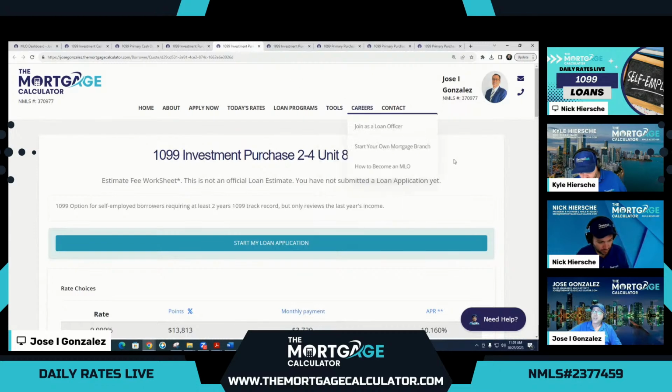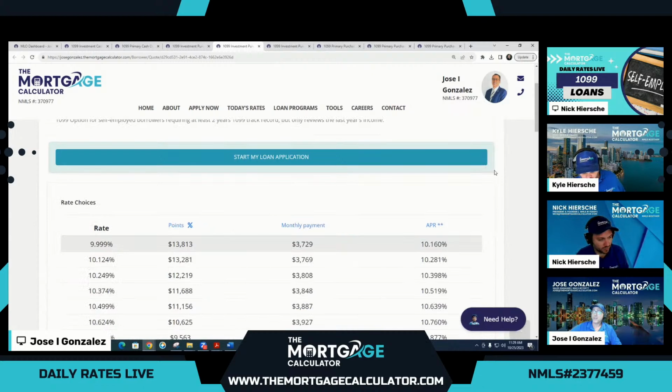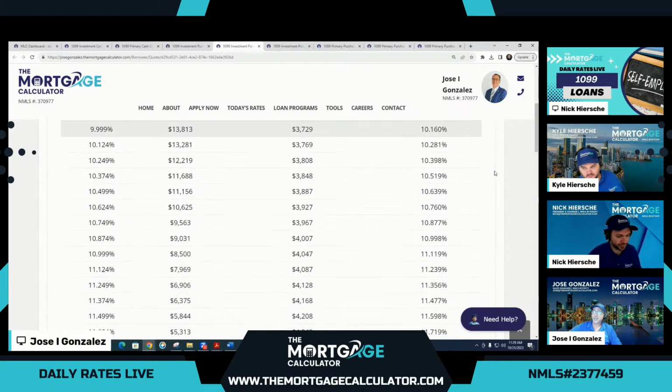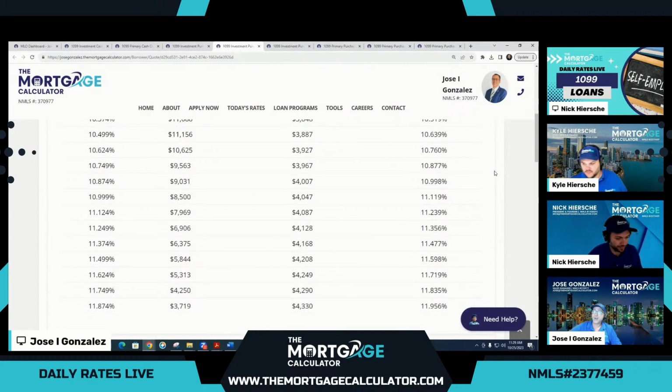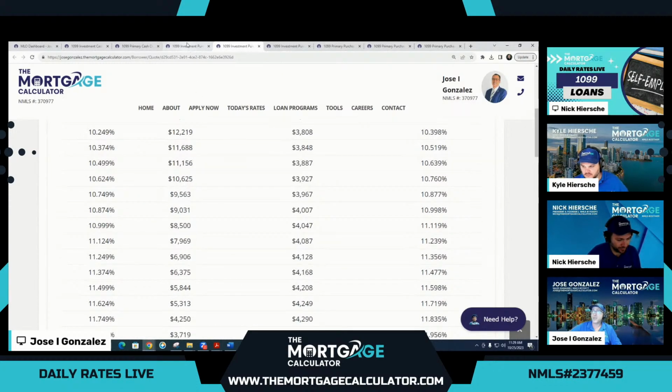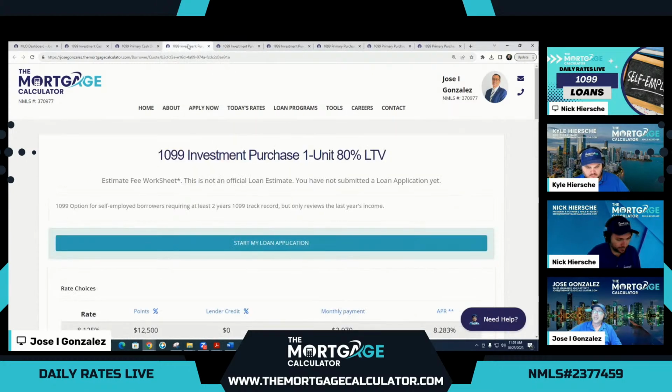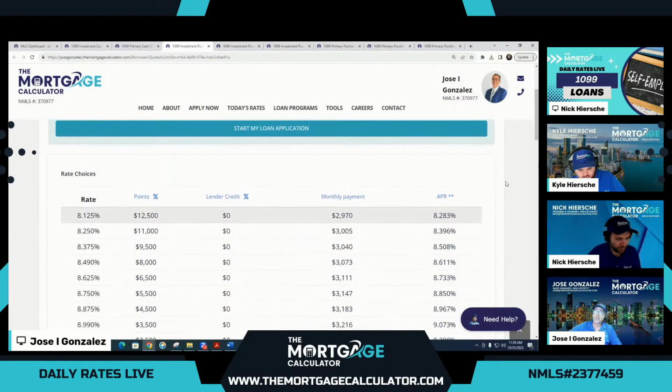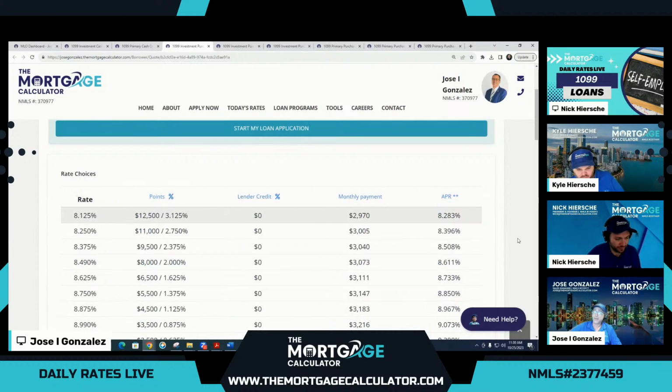And I wanted to show here also again our 2 to 4 unit, no difference here in the pricing. So again, for our house hackers out there looking for that primary or that investment 2 to 4 unit, they love non-QM. And I wanted to now show the comparison with going to a little bit lower LTV here. Again, we're dropping the LTV to 80% from 85. Same structure, just dropping it 5% just to get some different rate options here.